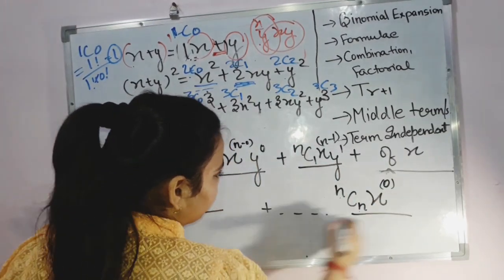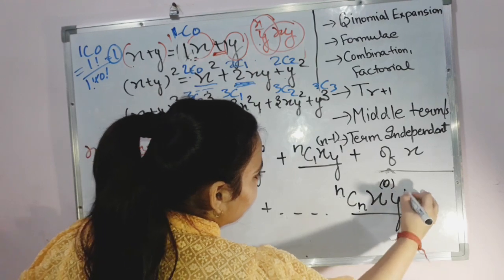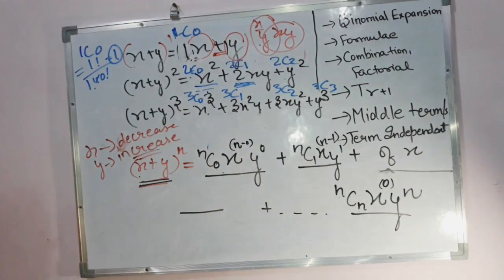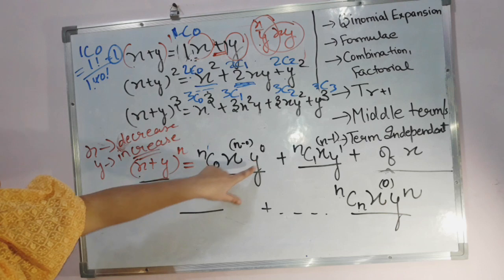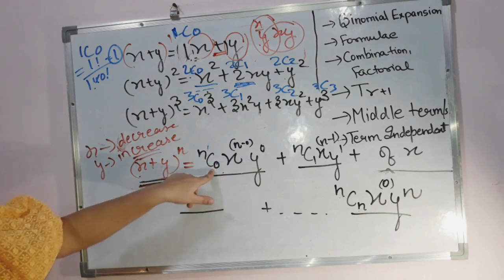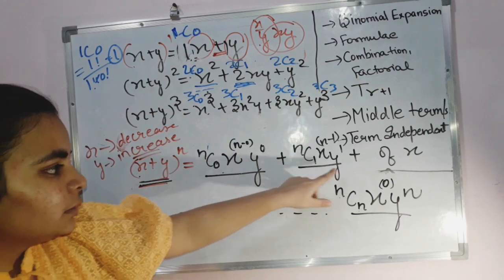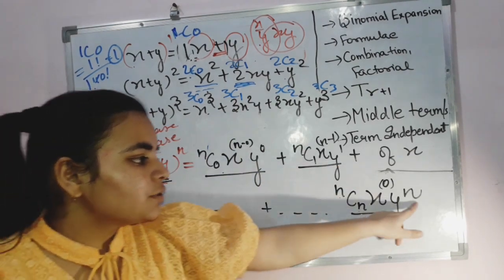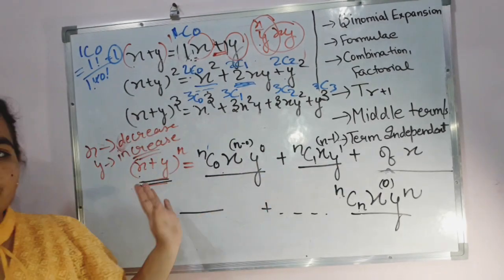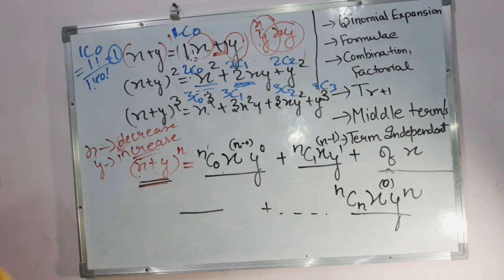Up till, this will go on increasing up till y raised to the power n. Can we see this thing? Y is having the same power as well in this part. That means 0 was there, so it was also having 0. Here we had 1. This is 1. Here we had n, so it is having n. This is my general formula I have got. This is how I have to solve it.